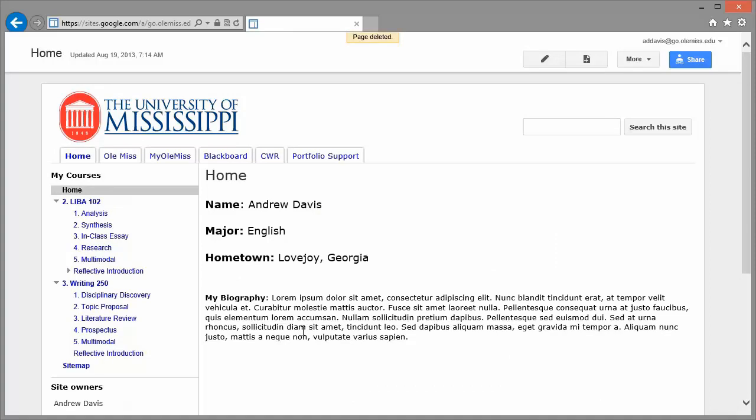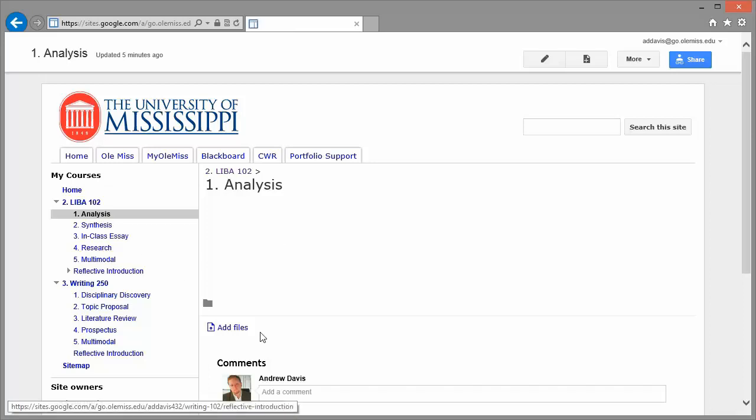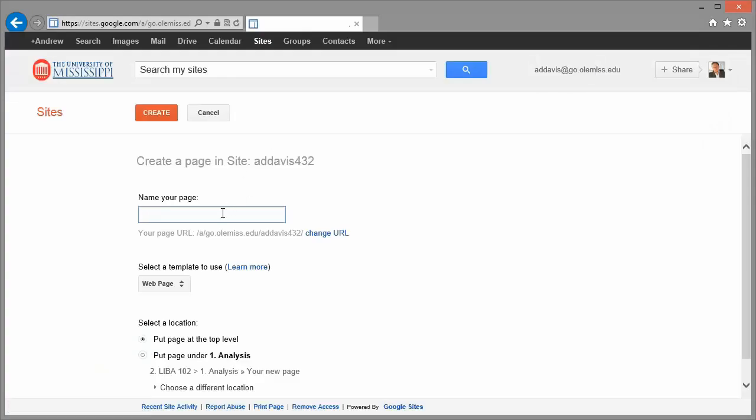If you want to add a page, open the page you want to appear underneath. For example, if I want to add a subpage underneath Analysis, I would open that page. Then click the New Page button. Name your new page,